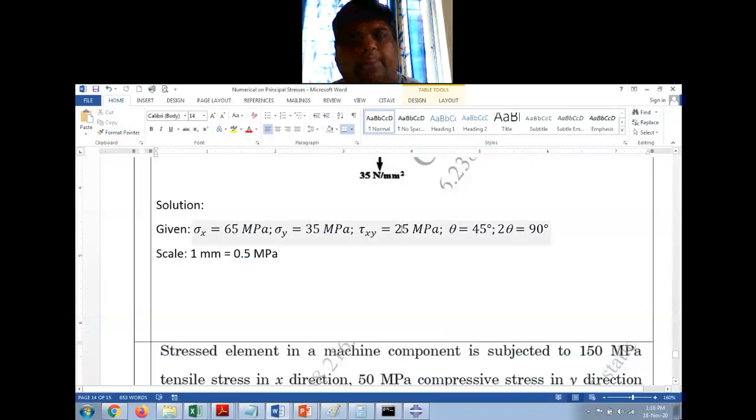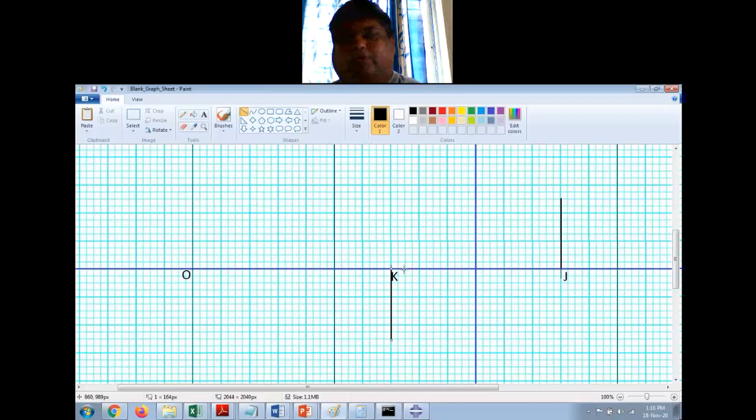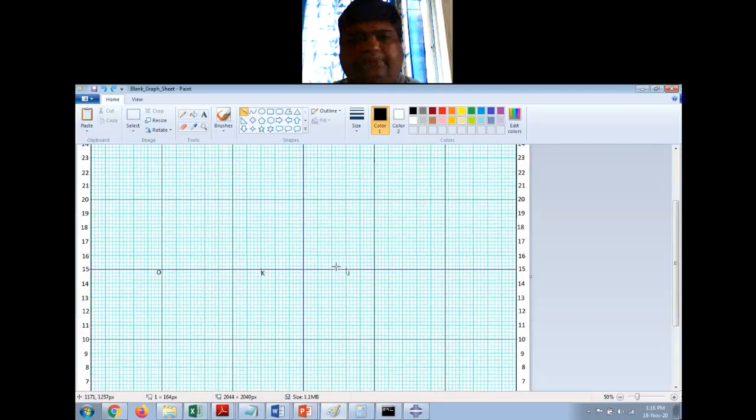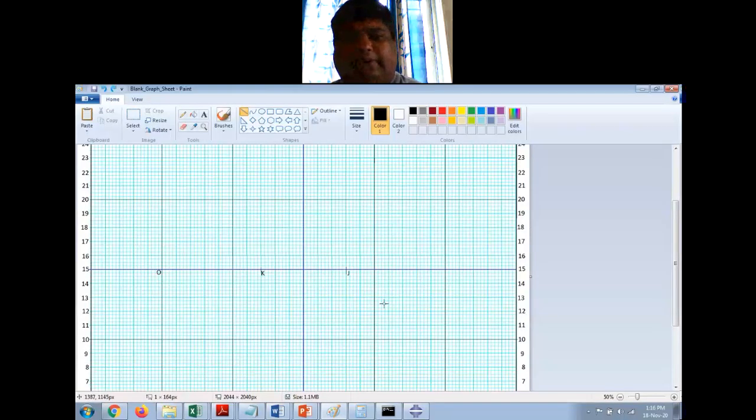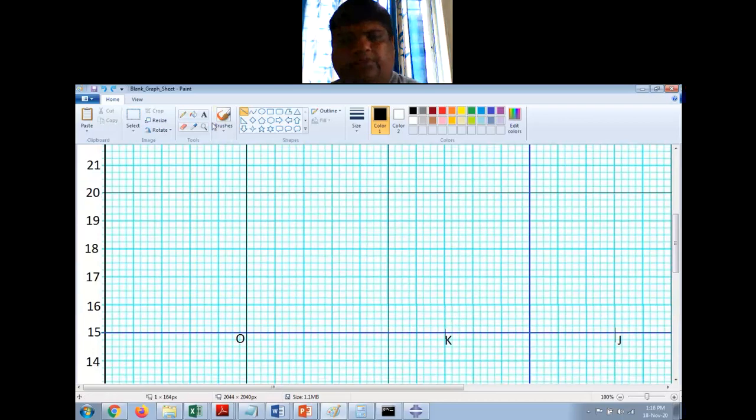Okay. This is 25. I forgot to take it in the scale. It will be 50 millimeters, right? 25 megapascal divided by 0.5, so it will be 50 millimeter. So from J, this is 50,